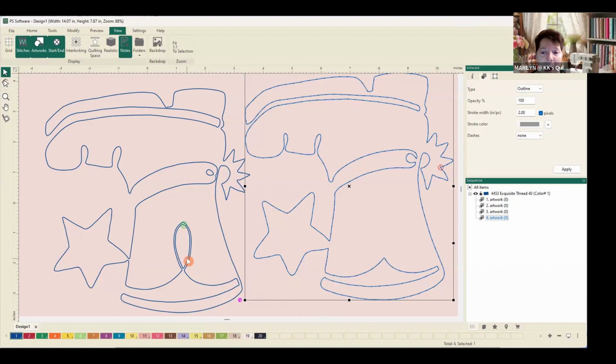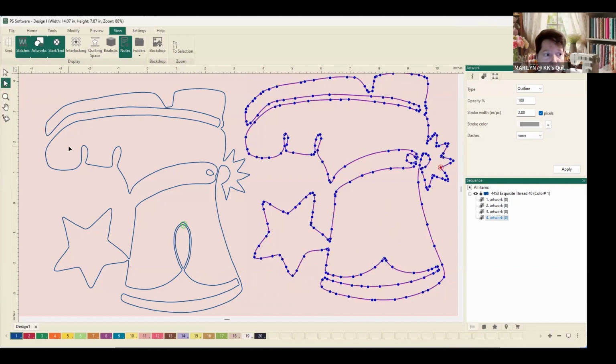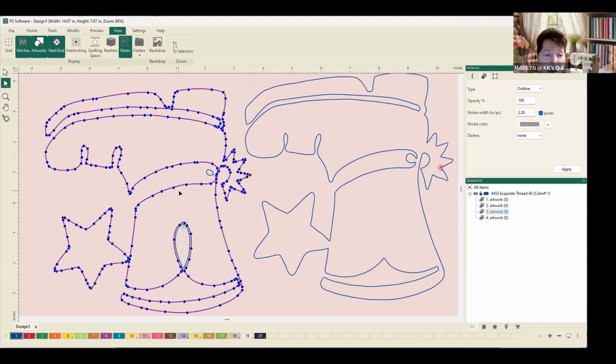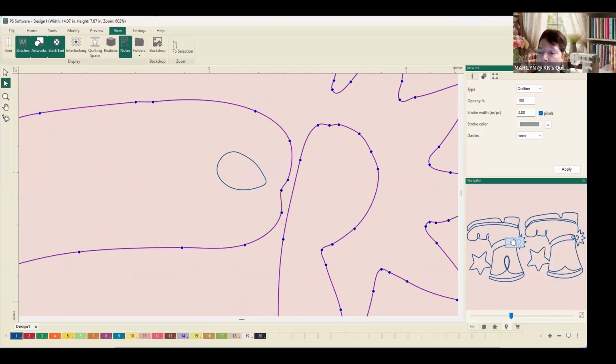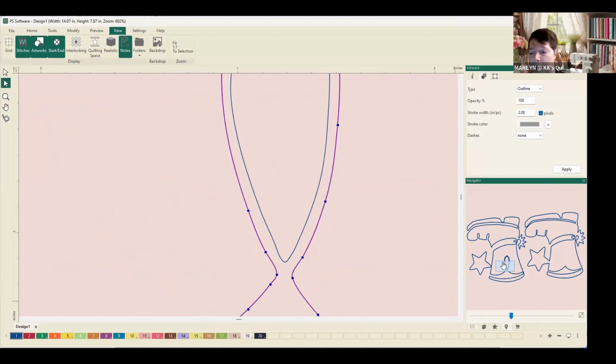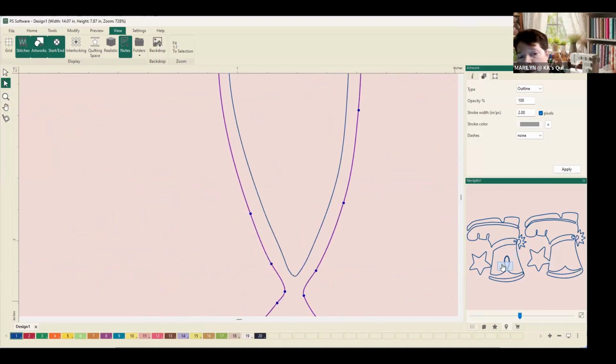So, okay, what I'm going to do is use this boot and just do a little bit of cleanup. So we're going to go to our reshape tool, and I'm going to select this boot because this is the one I want. And I'm going to zoom way in here. And now let's go down to the bottom of the boot first, and I'll kind of show you what I'm doing. So this one,